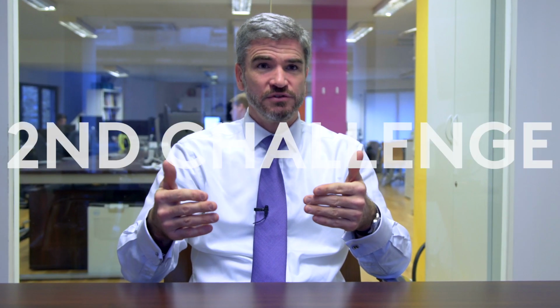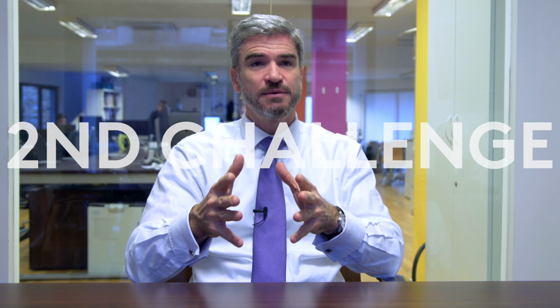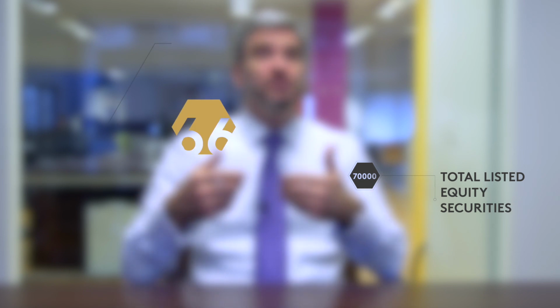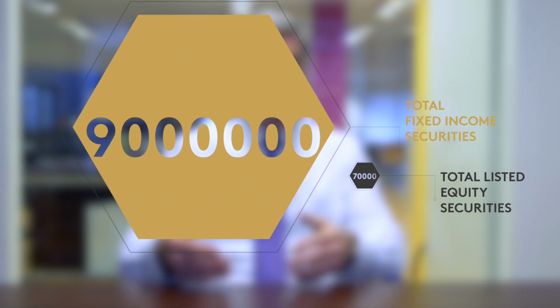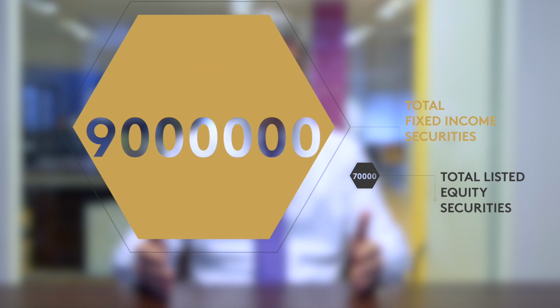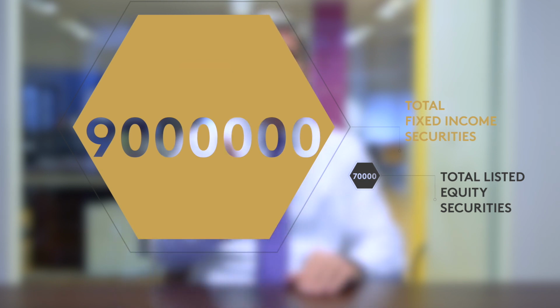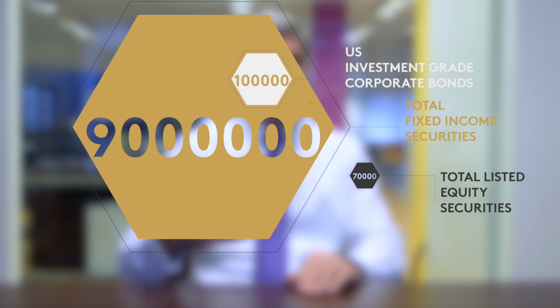The second problem is once you identify one of these sub-asset classes, the sheer number of securities. So in the equities space, if you think about tradable international equities, you're talking about 70,000 listed equities. If you start to think about fixed income, you're talking about 9 million securities. So the sheer number of securities across the asset class is huge. Even when you go into a sub-asset class like US investment grade corporates, you're still talking about hundreds of thousands